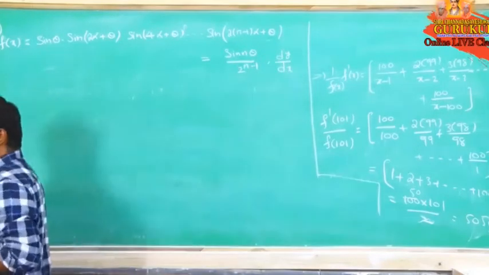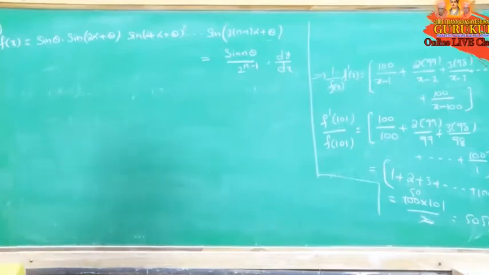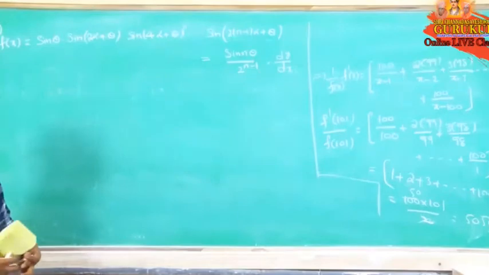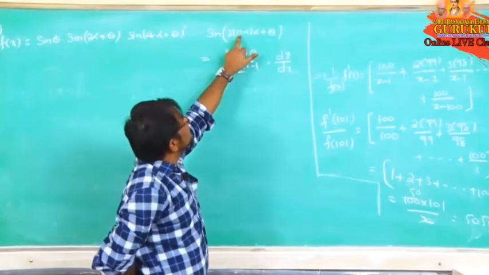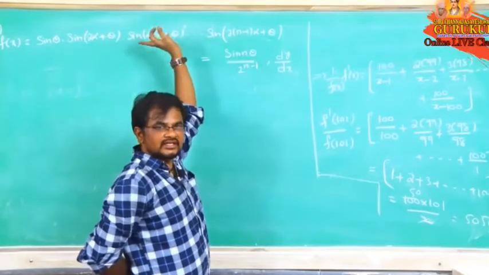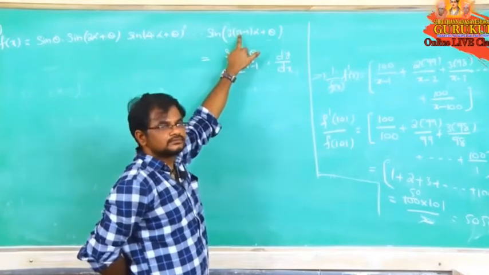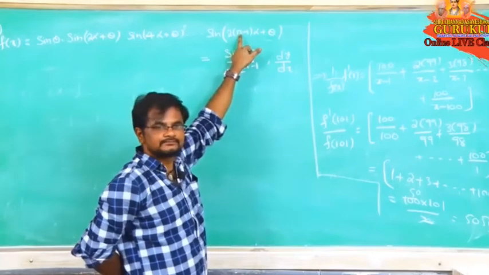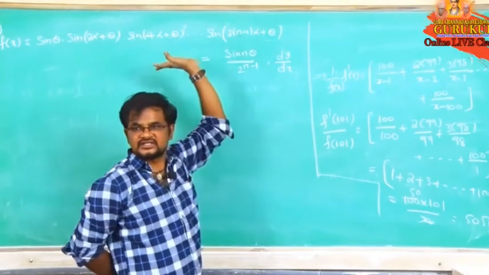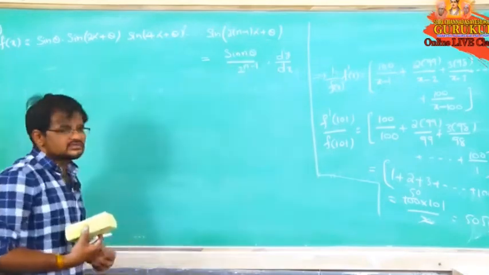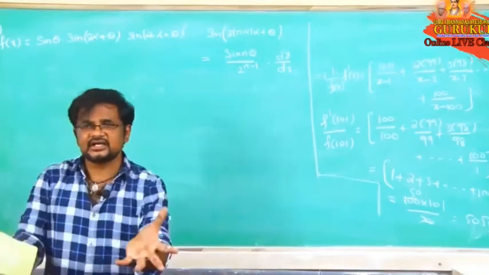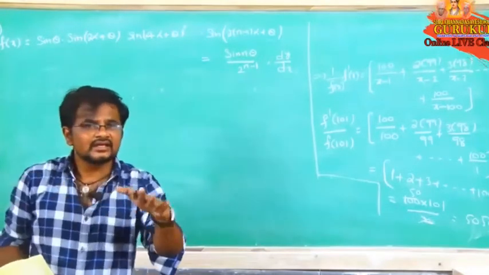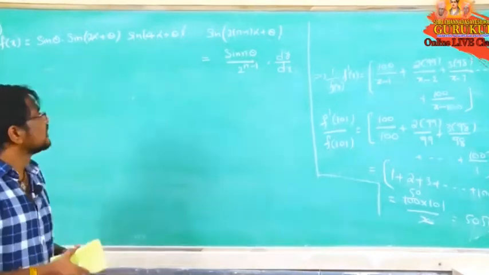This is also product of the n terms, but what they given? Sine function they given. Once you observe here, n equal to 1 if you take, sin theta first term, n equal to 2, 2 alpha plus theta, n equal to 3, 4 alpha plus theta. Satisfied now? Now what we have to do? Simple thing. Previously what we did, product of many terms they given. First do the simple differentiation, taking log on both the sides.